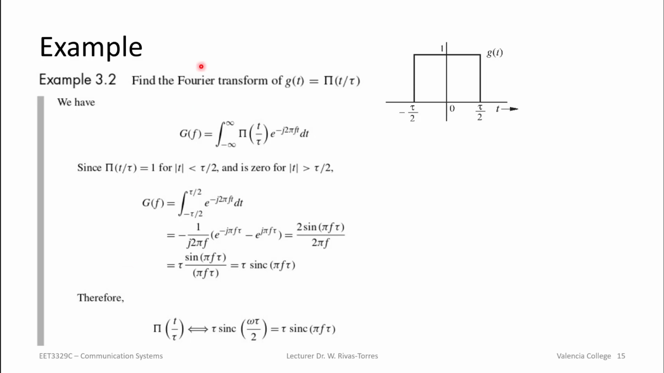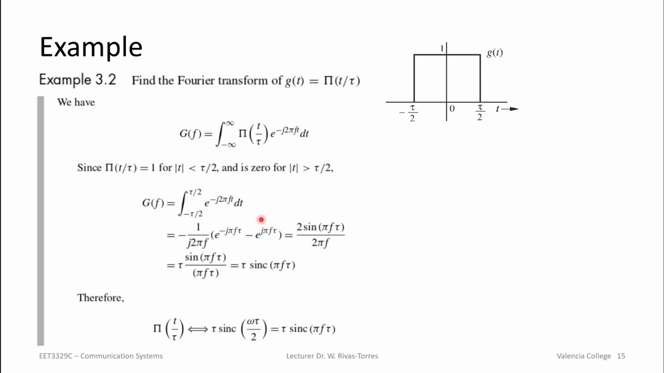Actually, it's not the unit pulse, it's the pulse expanded by tau. Now if we go ahead and try to do this integral, you'll notice that it's 0 everywhere else, so we immediately can change the limits of the integration to minus tau over 2 to tau over 2. When you do the integration, you realize that this portion here, if you go back to the Euler's identities, and